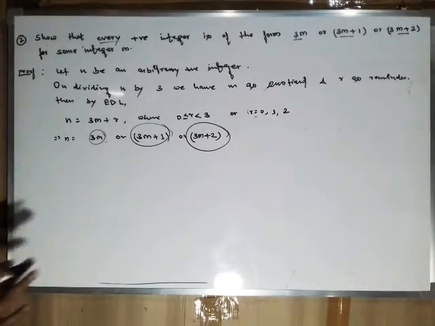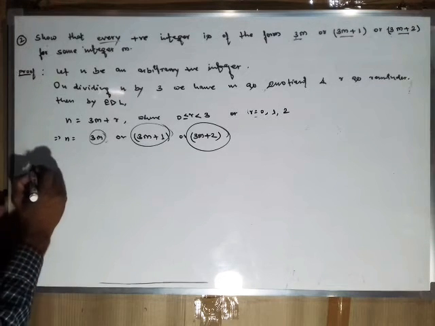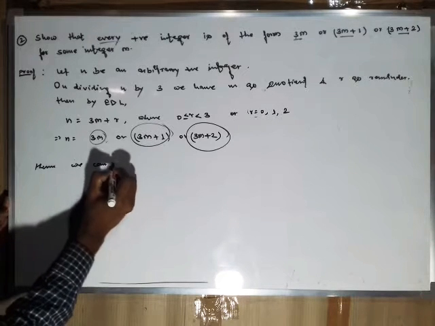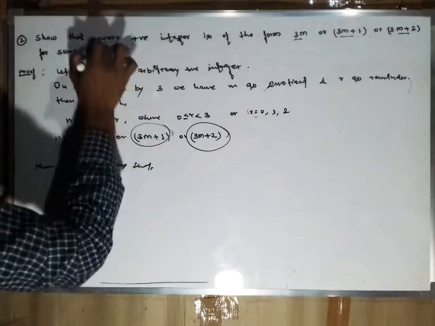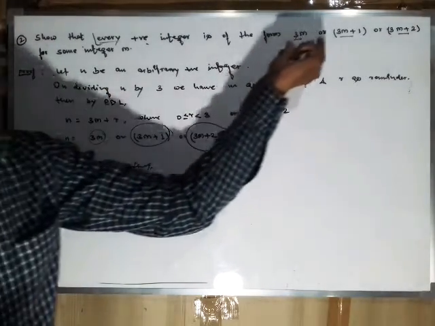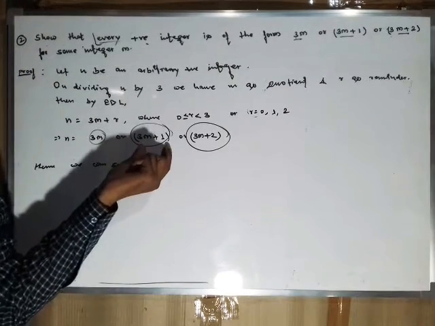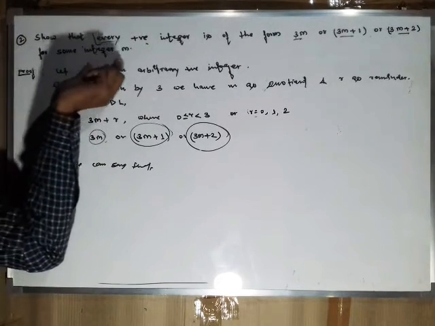Means here we can say that for every positive integer, hence we can say that every positive integer is of the form 3m or 3m plus 1 or 3m plus 2 for some integer